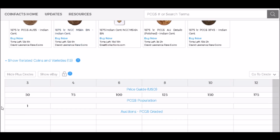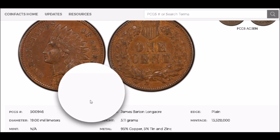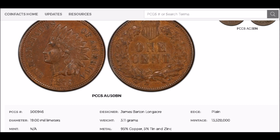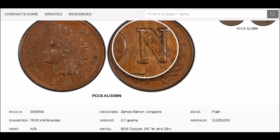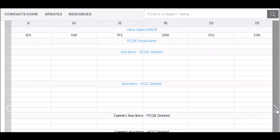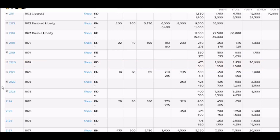Now, if you happen to find one of these dot reverses, and I have cherry-picked these off of eBay, I'll just go on and look through all of the 1875s until I find one. You can easily cherry-pick these. People miss this one all the time. They don't even realize it's out there. But in a fine 12, this trades for about $175, and in an AU, they trade for around $550,